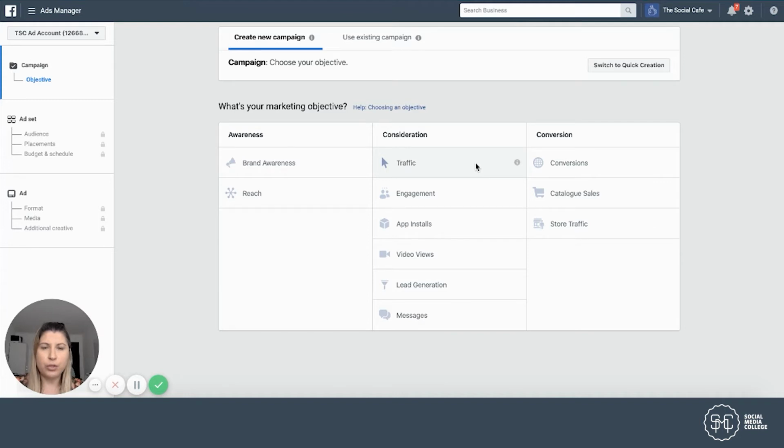They might want to have consideration ads that help to build some audiences before they move to conversion. So it could be sending traffic to a fashion blog. It could be running posts that encourage people to engage with their ads. It could be running videos. See how my mouse is going down to each of these different